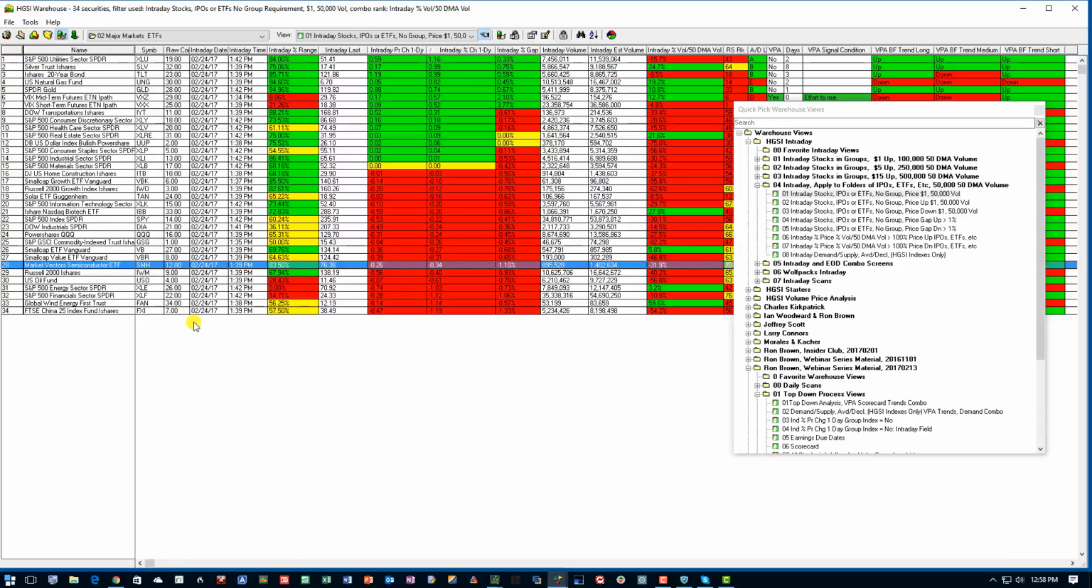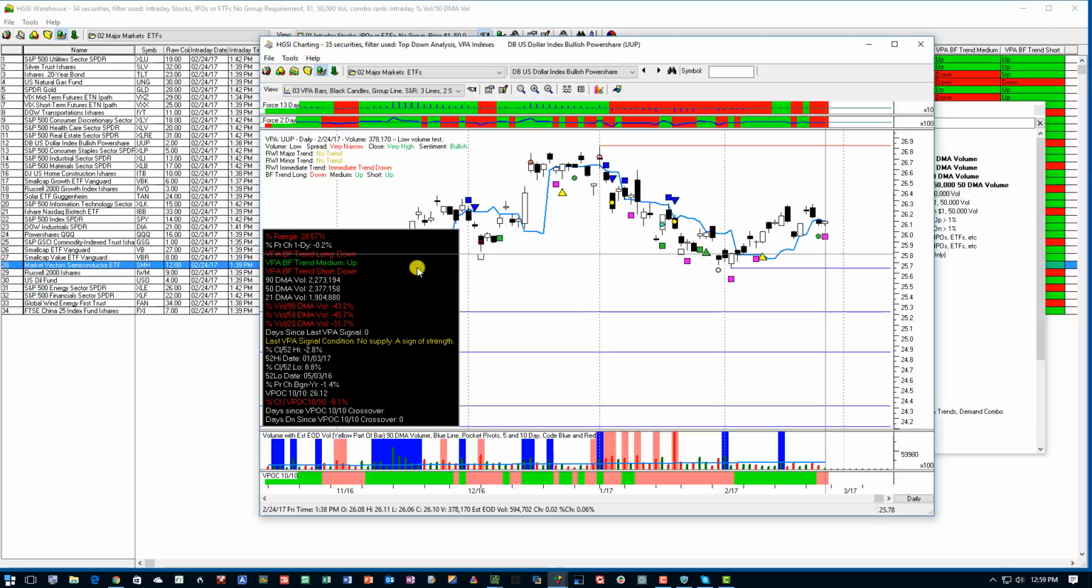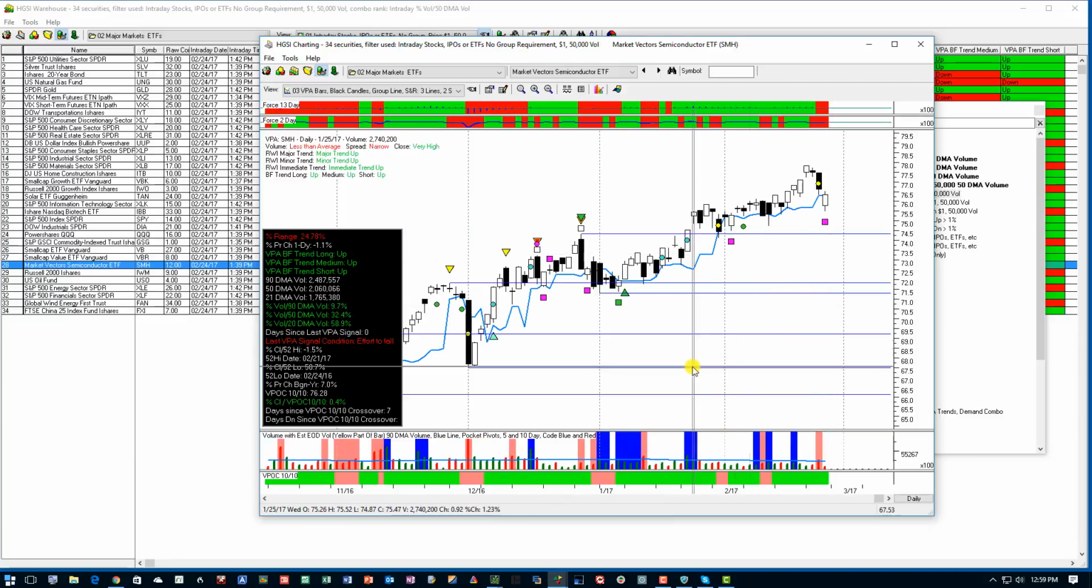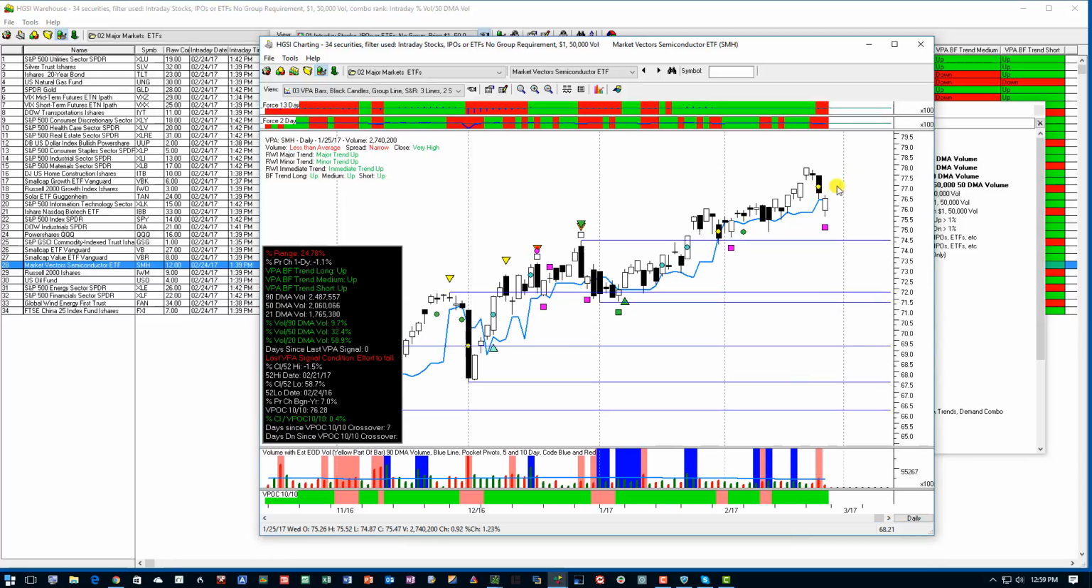Now the semiconductors have been one of the leading groups in this market, and it looks like they're showing a little bit of weakness today. Let's pull up a chart and see what we have. Well, here we go. This is interesting. This chart reflects the intraday data as of today, and you can see so far today that it is generating a low